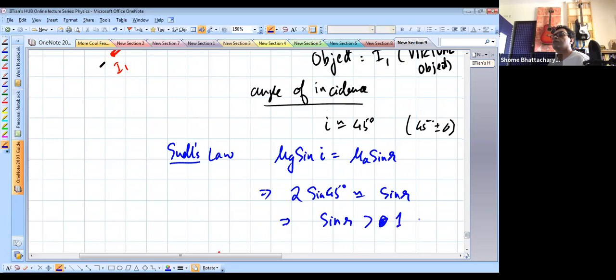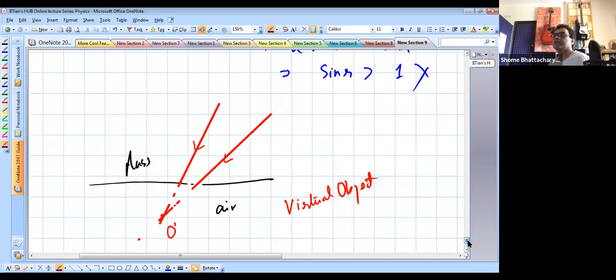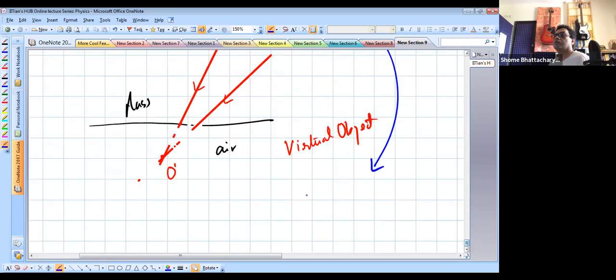Greater than 1. So that's not possible, as you can see. So the moment that happens, you realize that refraction is not happening. So what is the possibility that is happening? There is TIR. So you understand there. Therefore, no refraction. Instead,